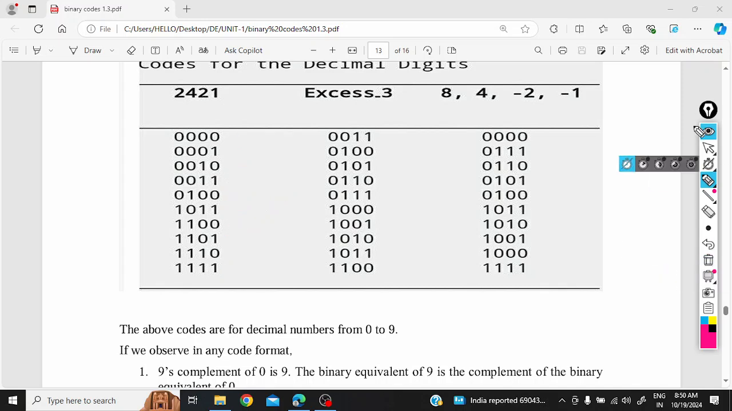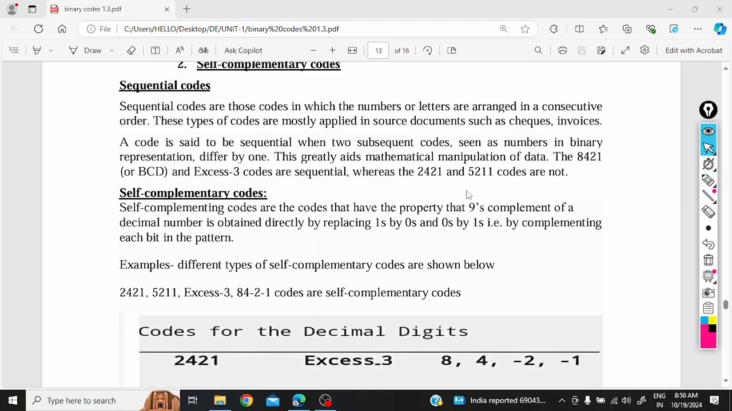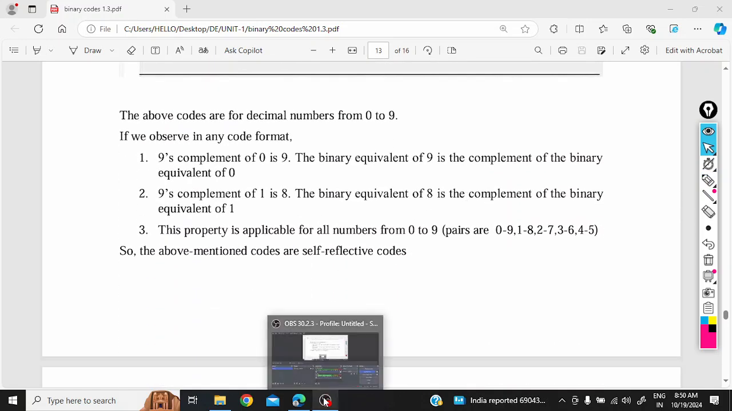That's the reason we call it a self complementary code, and sequential codes. So we are going to end our session here. We'll continue in the next